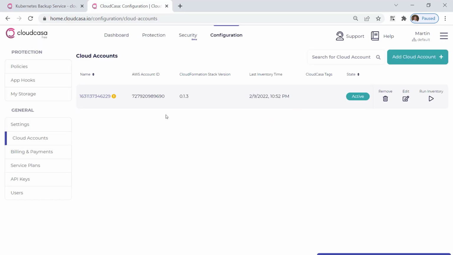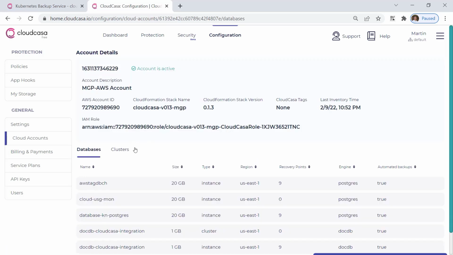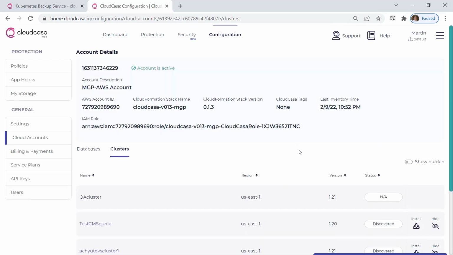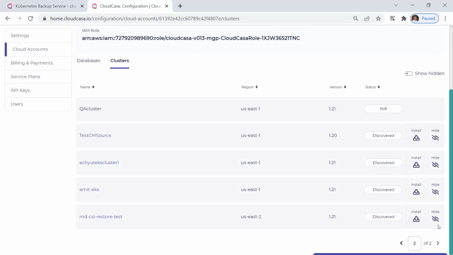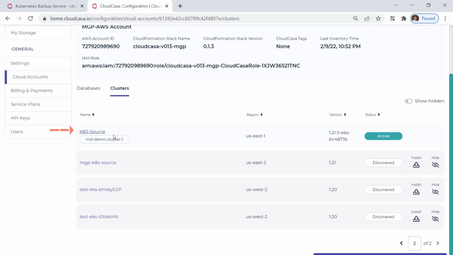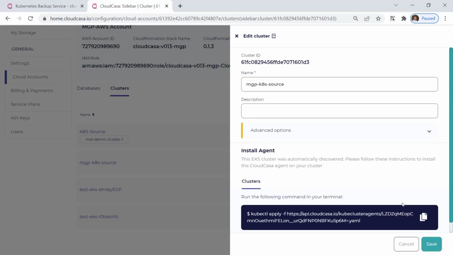Now I already have my account scanned in, as you can see here, so I can run an inventory against this account and see all the RDS and EKS clusters that this account has access to. In terms of clusters, what I have here is a cluster already defined with the agent installed. You can see it here identified in my Cloud Casa account as Kubernetes source, and you can see that as active. If I want to install another cluster or an agent on another cluster, I can just simply click on the install button. Here I'll receive my kubectl apply command that I can use to pull down an agent and